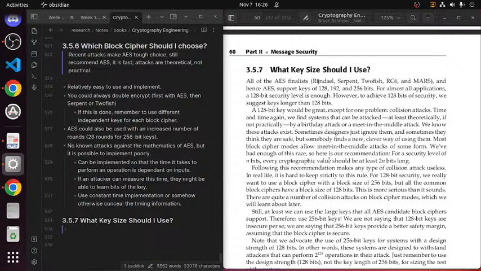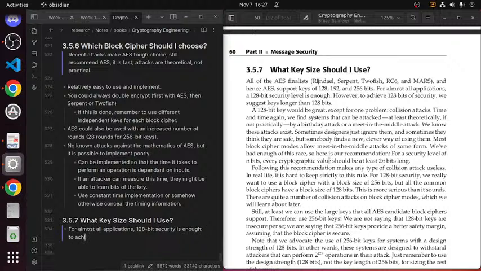For almost all applications, a 128-bit security level is enough. However, to achieve 128 bits of security, we suggest keys longer than 128 bits. Ooh, I like that.